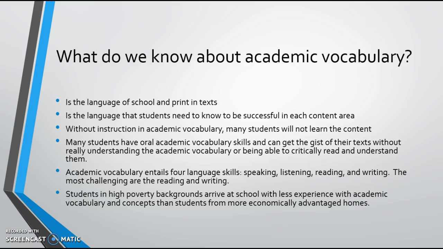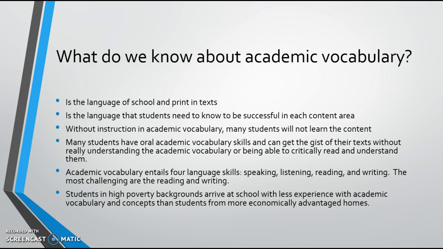So we know that academic vocab is the language that we use in school and in textbooks. And we know that kids have to know this vocab to be successful in our content area. And we have to have explicit instruction so that we can get to the deeper understandings. We also know that academic vocabulary entails all 4 of those language areas: speaking, listening, reading, and writing. And students in high poverty background areas have less experience with academic vocabulary and concepts than those from more